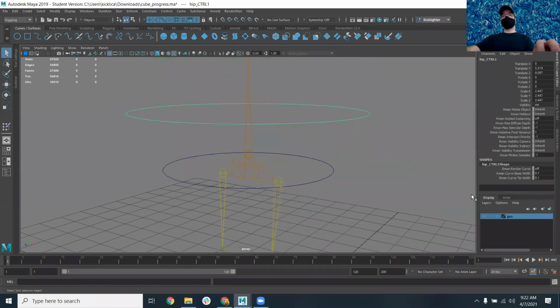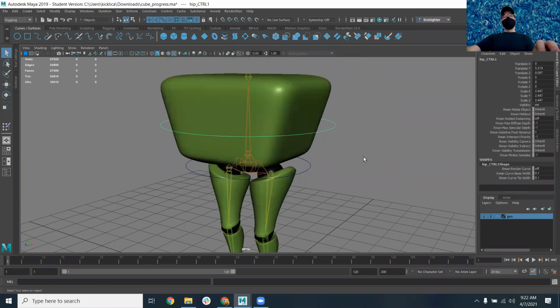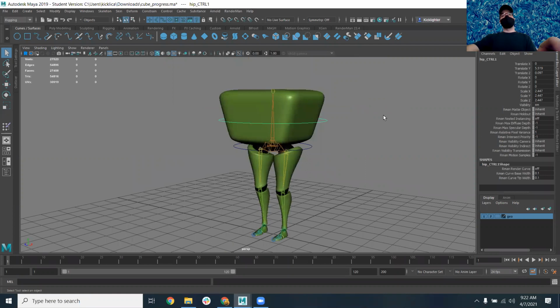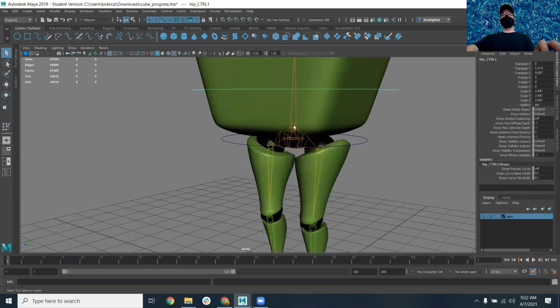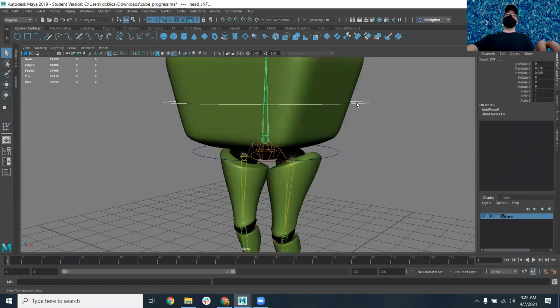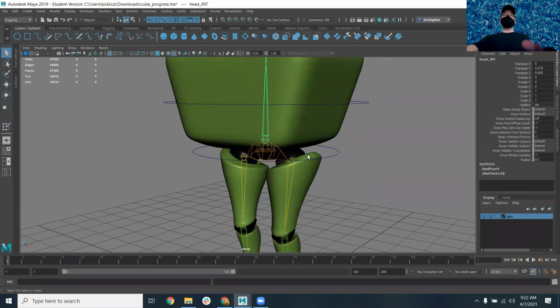Okay, so this one's going to control the head joint. Okay, now before, okay, let's talk about constraints. All right, so in order to get these controls to control the joint, normally if we want one object